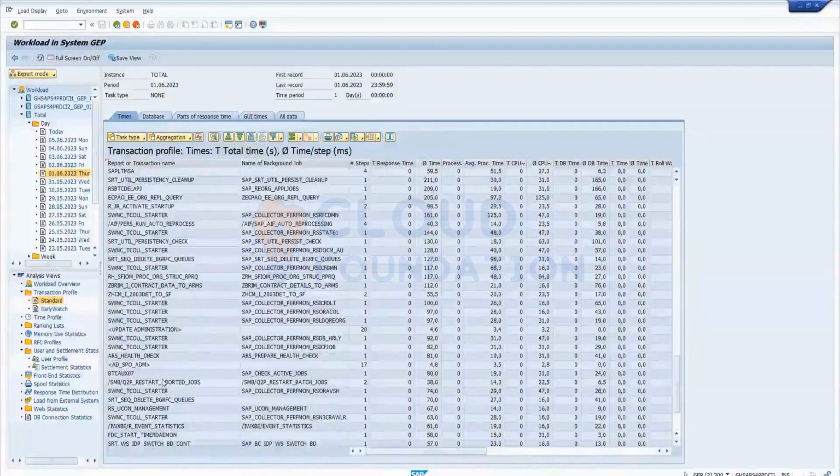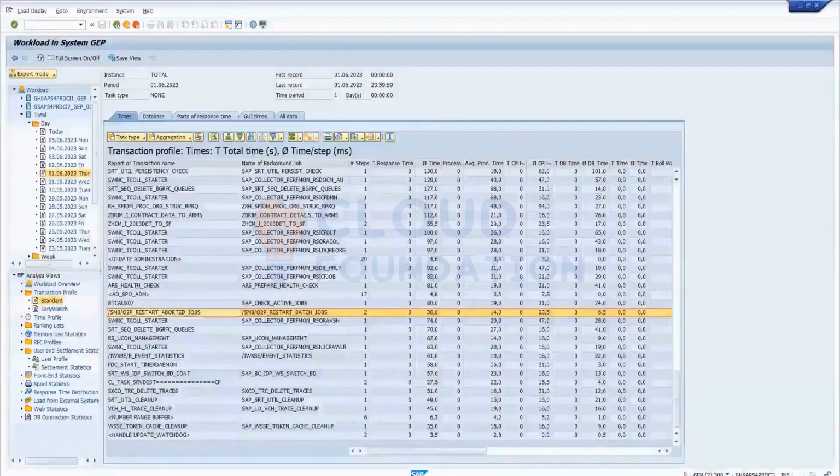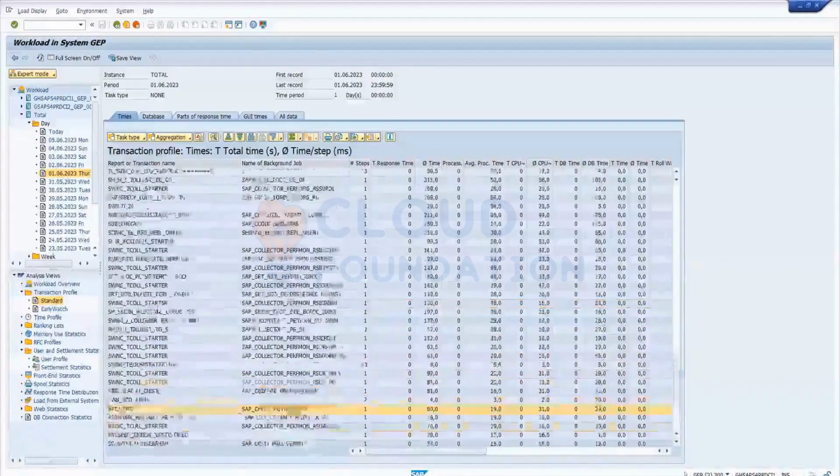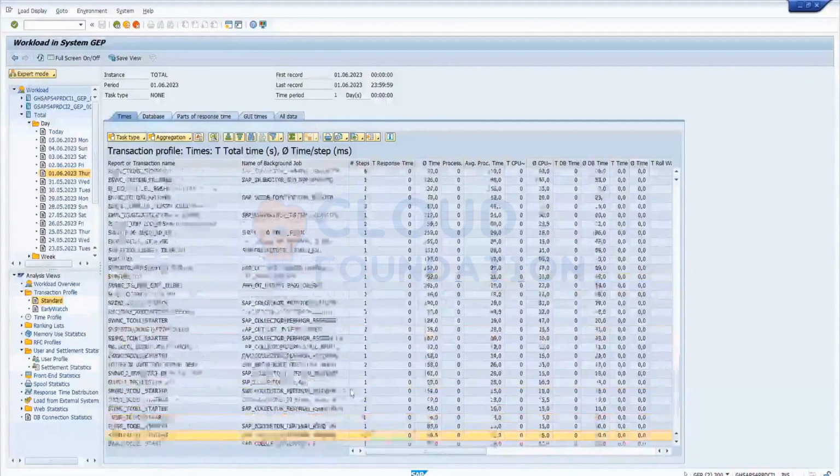They are not running any T code here. You can select any one. Double click and you can see the total response time. Are you able to see the response time? This is the response time, right? Average time, response. Go upside. I think this is upside.